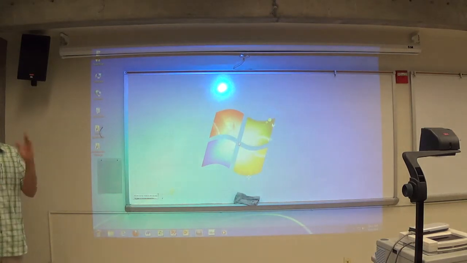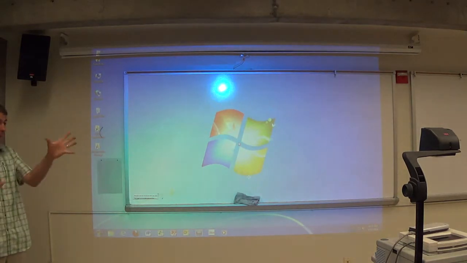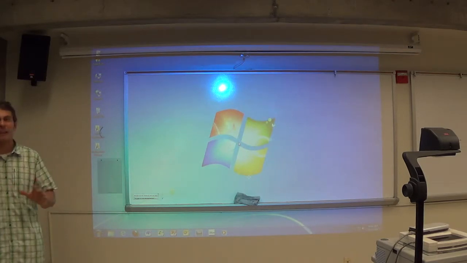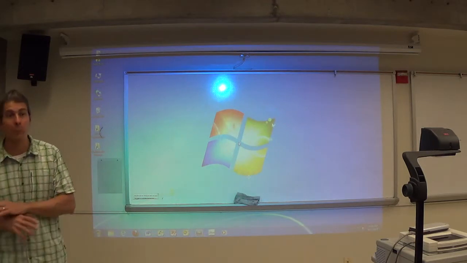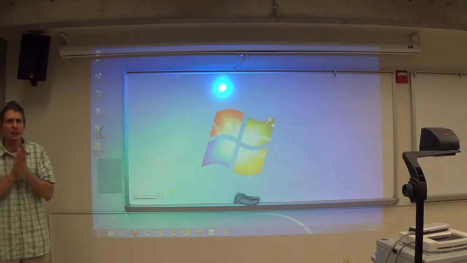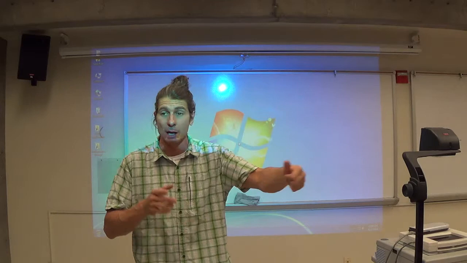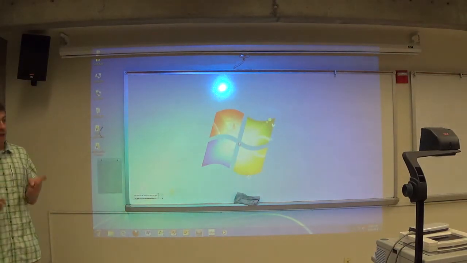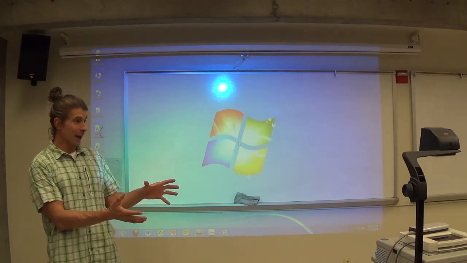So if any of this sounds weird, it might mean that your email is blocking you, which happens sometimes. I don't know how individual email accounts block what they think is spam. I call those false positives. Email tends to do a lot more false positives than false negatives. Why do you think that is? Speaking of statistically, why do you think email spam blockers tend to have a lot more false positives? That means flagging an email as spam when it actually isn't. They do that a lot more than they do false negatives, which would mean letting a spam email come through as if it were legit.